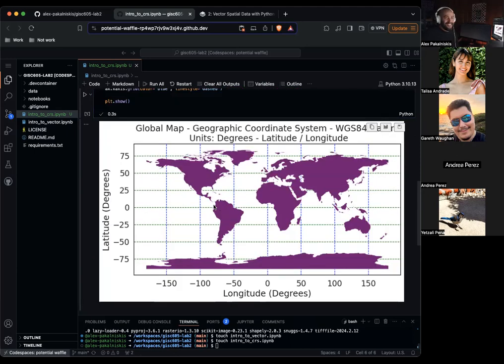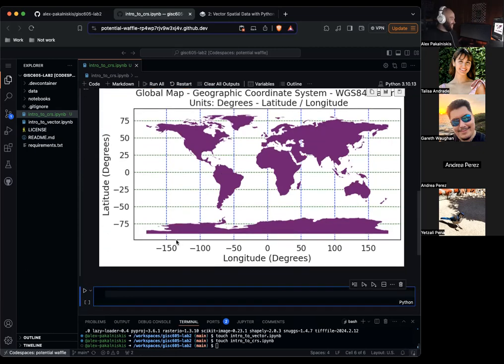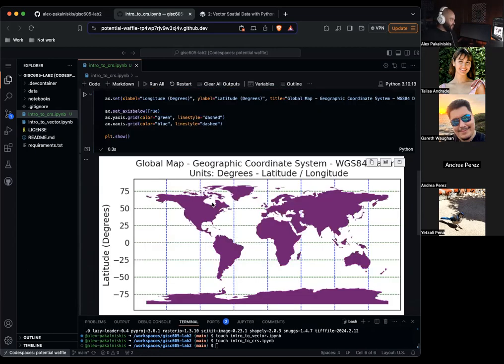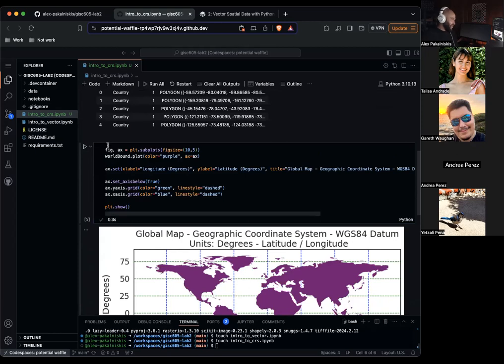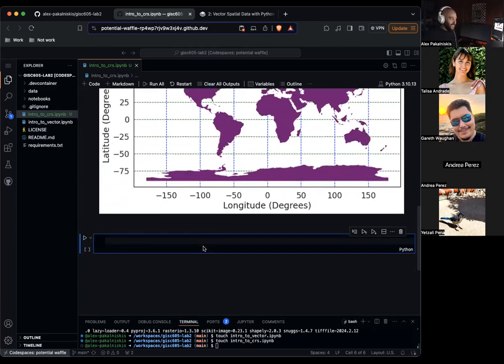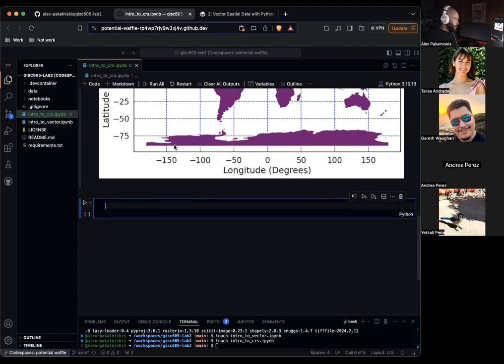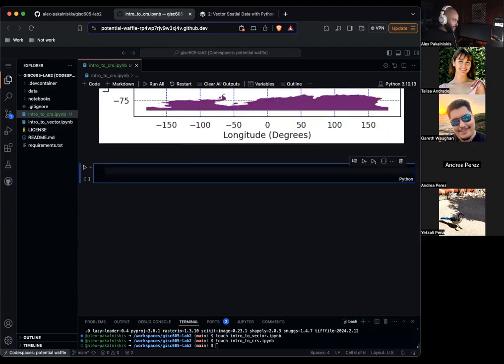I don't know how to do this in a desktop GIS software at this point. I'm sure it's possible, but I think at some point it gets easier when you learn these shortcuts. And this will become muscle memory after a certain point. The fig, ax equals blah, blah, blah, how to plot things, and then how to set axes, labels, titles, all that stuff. It kind of becomes second nature the more you practice it, which is another reason why I'm kind of belaboring the point of typing this all out. So we have our global map data.